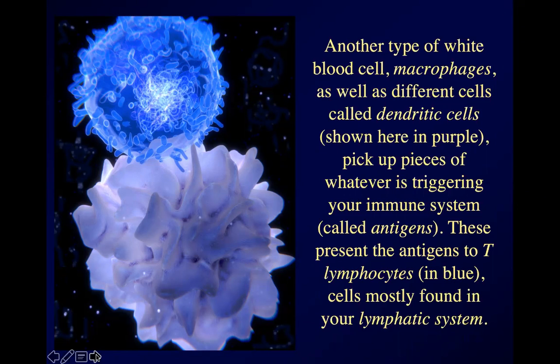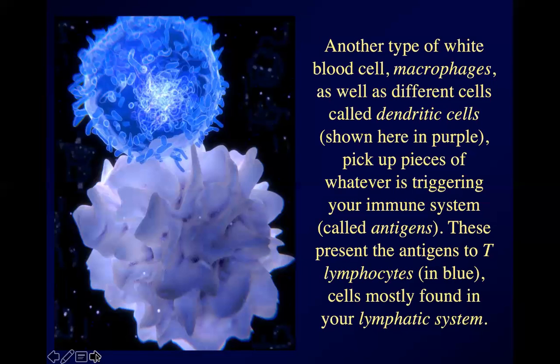The lymphatic system is made up of some very thin little vessels that travel through your body. You could think of it as an extra circulatory system, except there's no pump. The lymphatic vessels don't have a heart pushing fluid through them, but your lymphatic vessels join little lumps of tissue